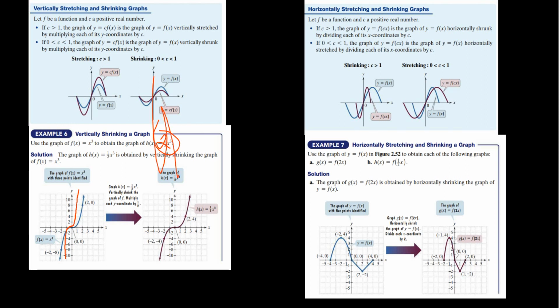Again, notice the difference between multiplying by the parent function and multiplying by the variable. 1/2. So notice those two differences. Over here, it looks like we have two different ones. It looks like we're going to be in a horizontal stretch and a horizontal shrink. So starting with 2 times x, right? 2 is going to be,